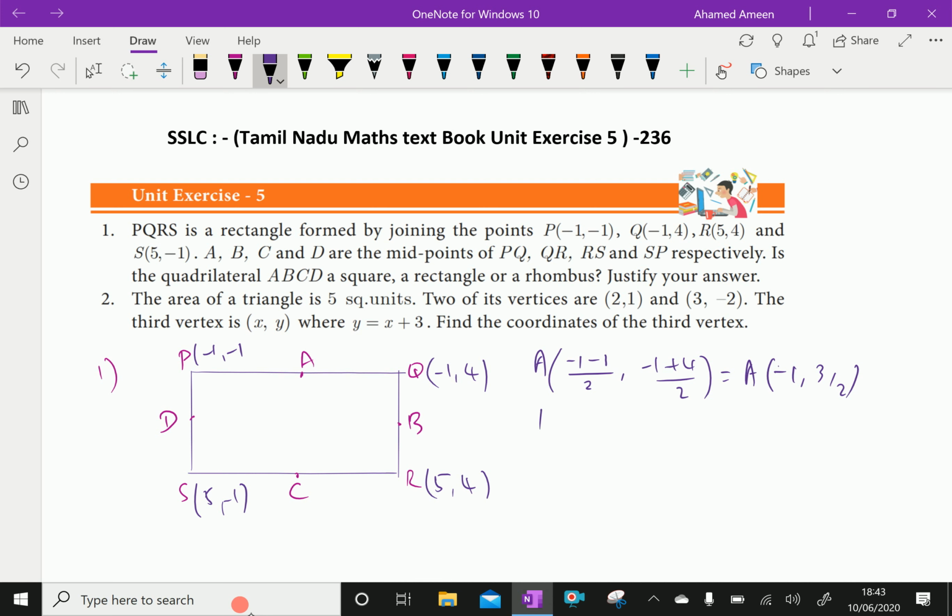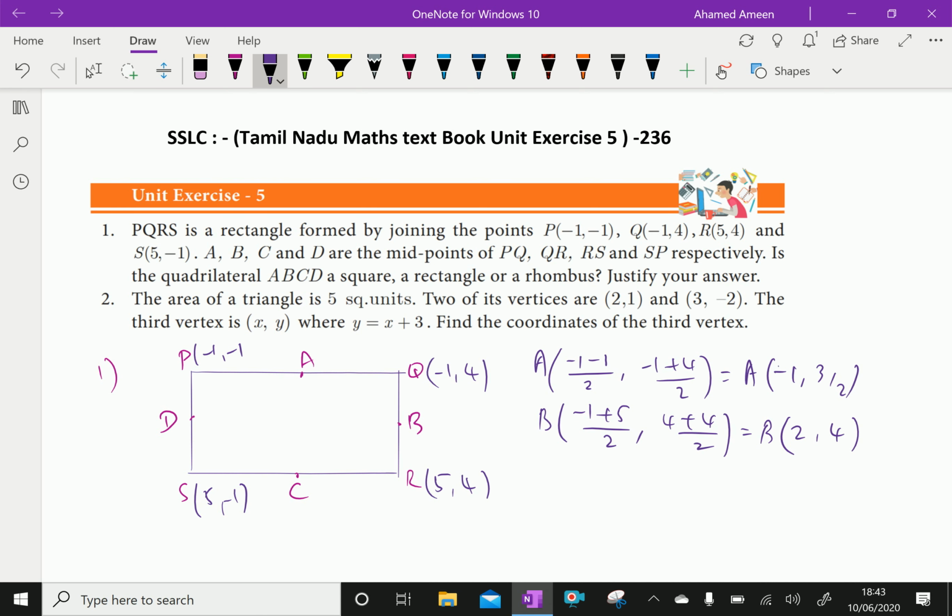Then point B is the midpoint of Q and R, that is (-1 plus 5) by 2, (4 plus 4) by 2, which gives B as (4 by 2, 8 by 2)